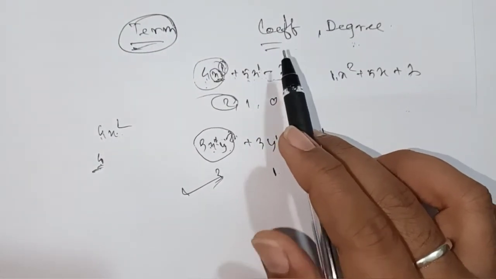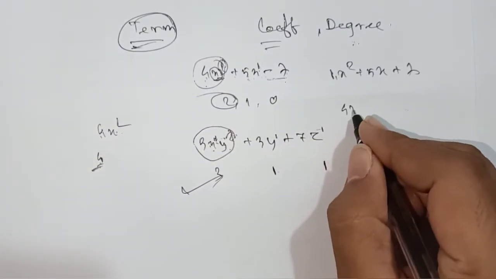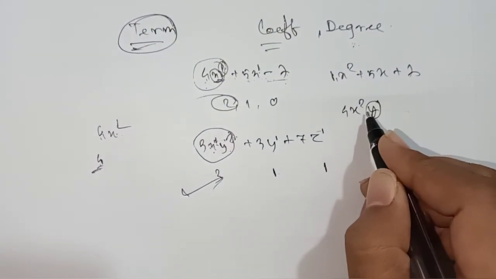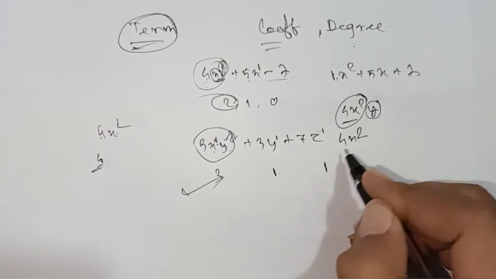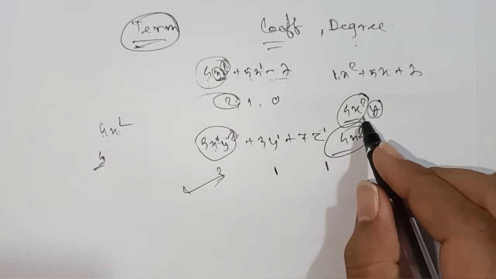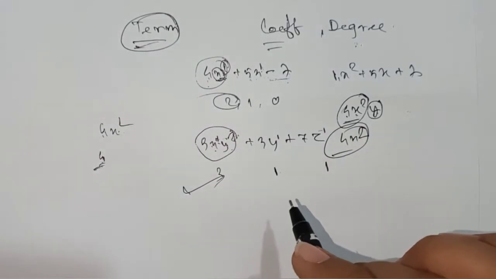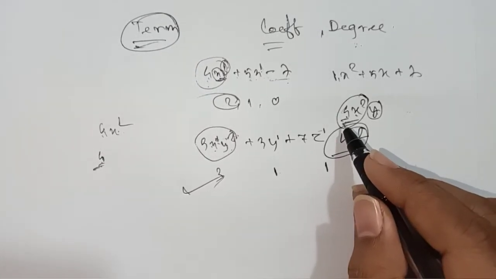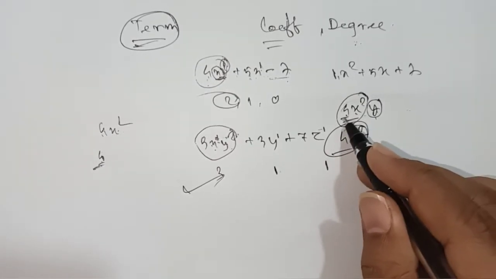Coefficient is a factor, and it may be your variable too. Like if I take here 4x square y, and if I ask you the coefficient of y, what will be the coefficient of y? Skipping this y, whatever term you have, 4x square will be the coefficient, but you cannot say here numerical coefficient. If I say the numerical coefficient of 4x square y, the answer is 4. If I say only coefficient, that also by default is 4. But if I ask you the coefficient of y in this term, then your answer will be 4x square.